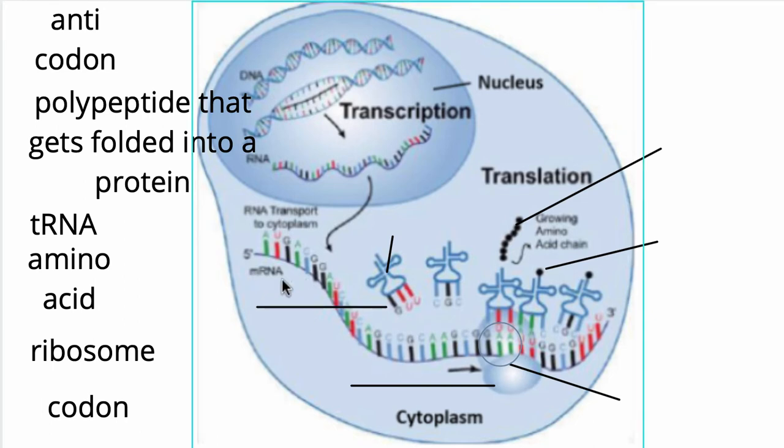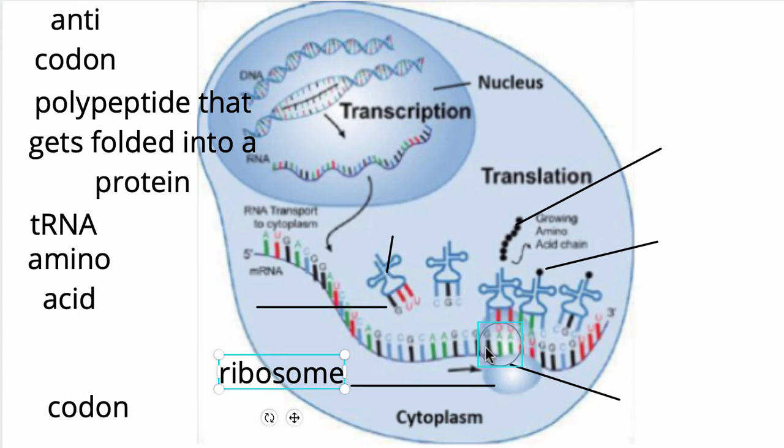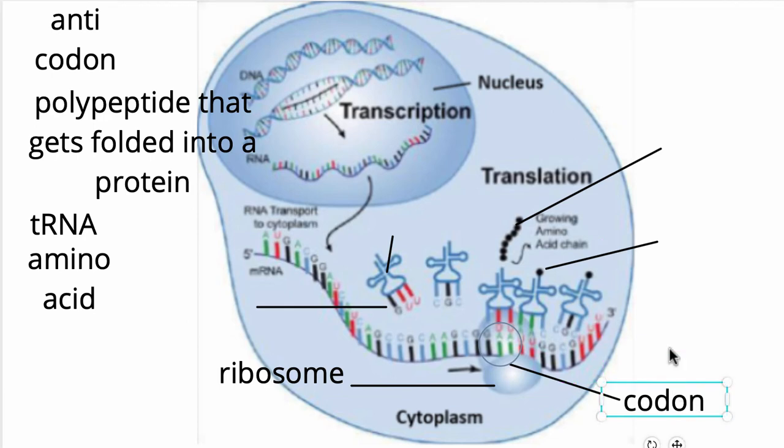This is mRNA. That's what got transcribed from the DNA in the nucleus. The mRNA leaves the nucleus, goes out into the cytoplasm, and it attaches to a ribosome. The ribosome is this kind of little blue blobby thing here that is in the background and the foreground. Then on the mRNA, every 3 mRNA bases is a codon, and every codon is going to code for